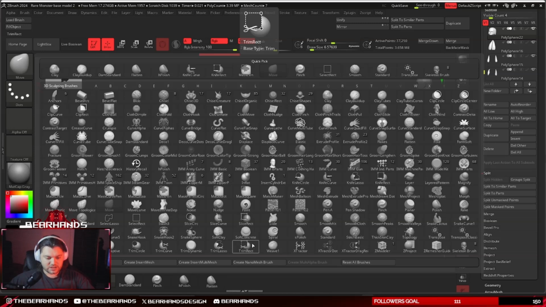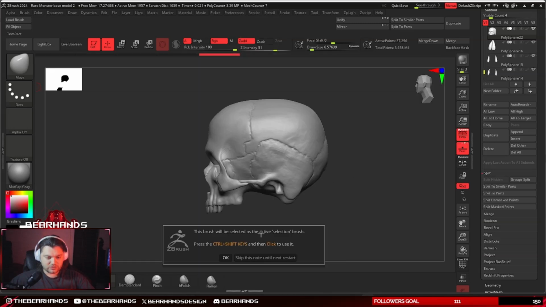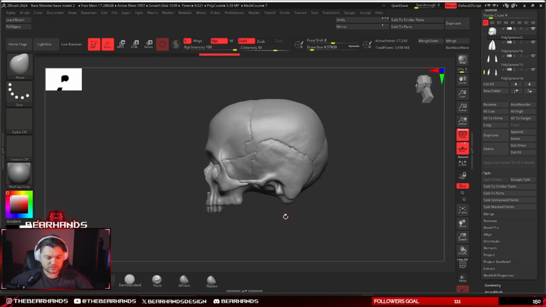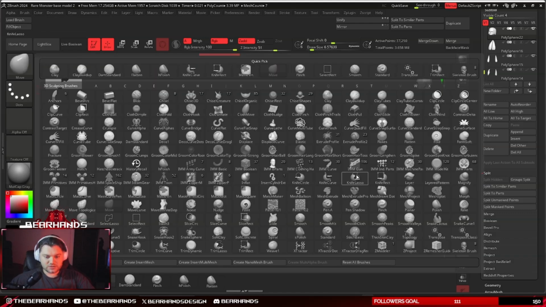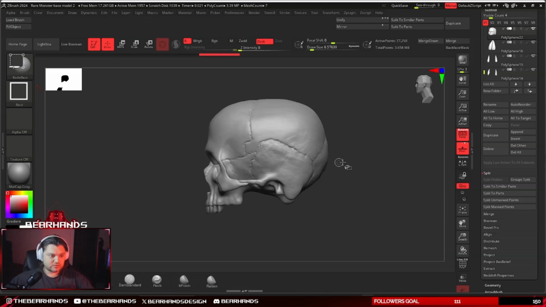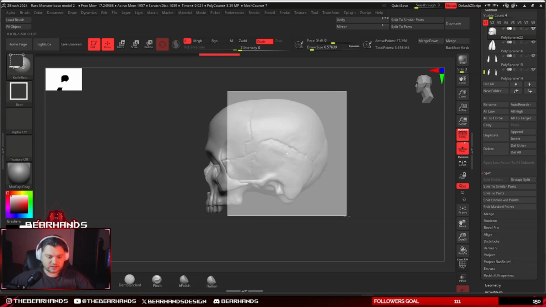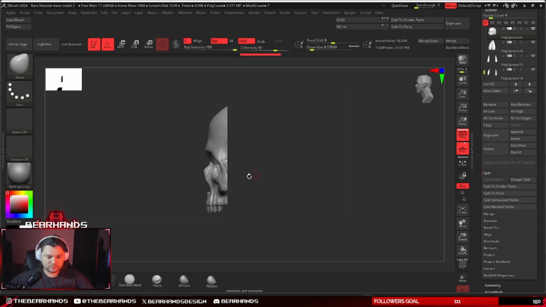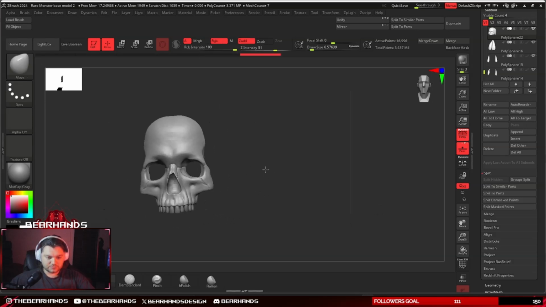So let's say you want to use trim rectangular. You click on it. There you go. You got a prompt. It's now put in the system. It's selected. Now if we press Control Shift, we're going to get trim select. But we want knife rectangular. There you go, got a prompt again, and now Control Shift, we got our knife brush selected, and all we have to do is now select an area that we want to cut out. Boom. Just like that,